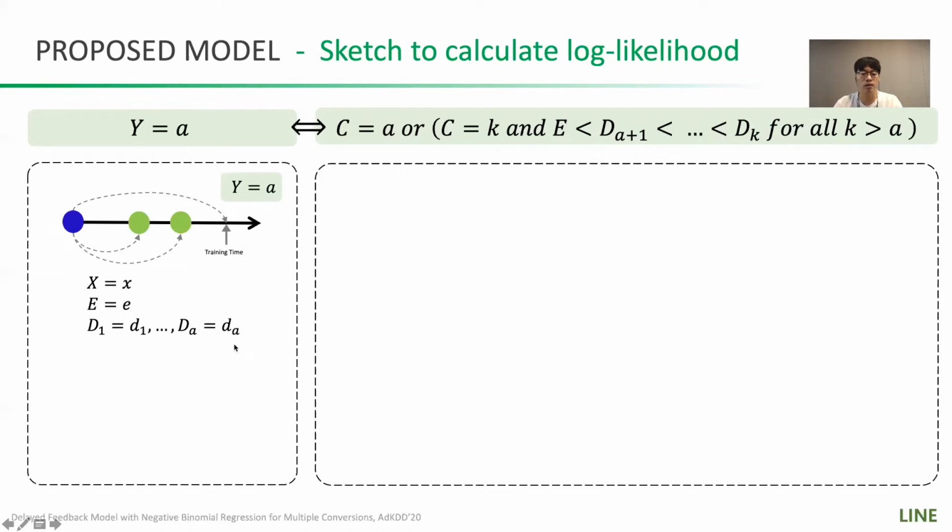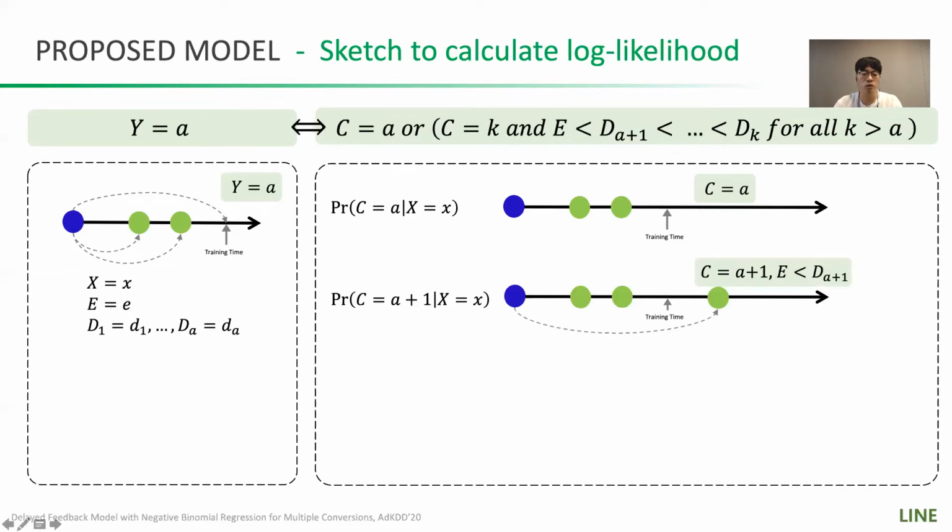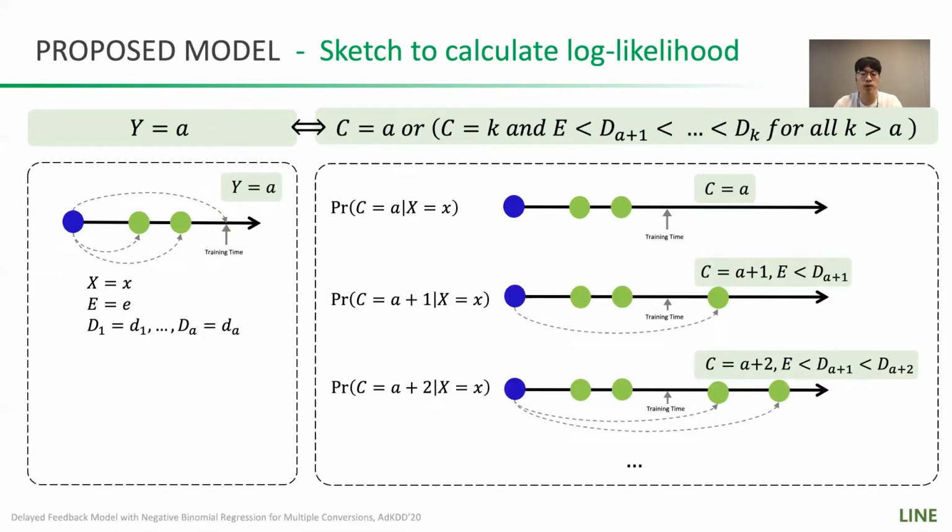In this case, the number of eventual conversions, C, can be A, A plus 1, or A plus 2, even up to infinity. And the probability of each case is equal to the probability of the given number of conversions by the law of